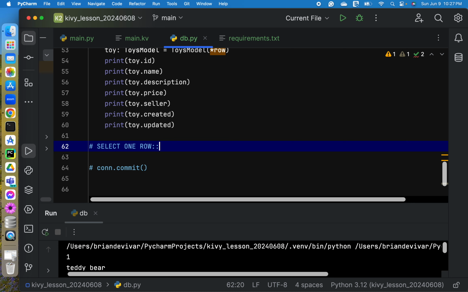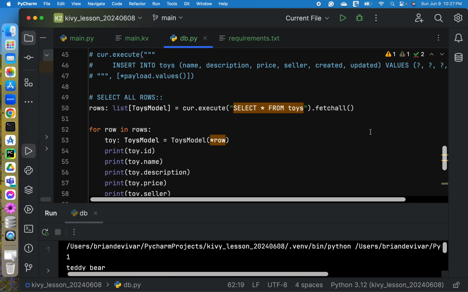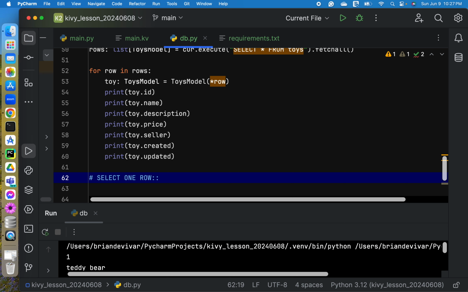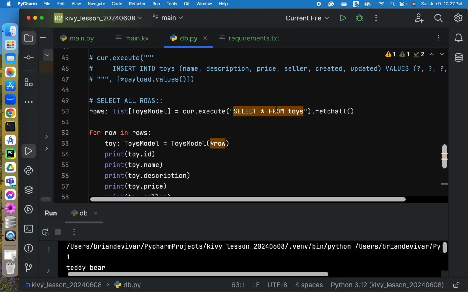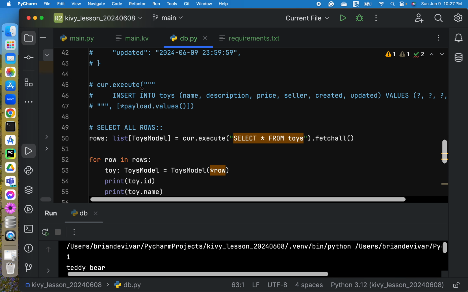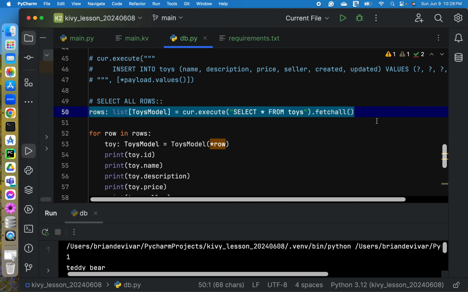So we will be doing the same structure as this one. The only difference is that we will be supplying a parameter and we don't need a list.